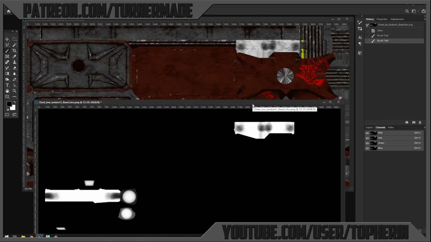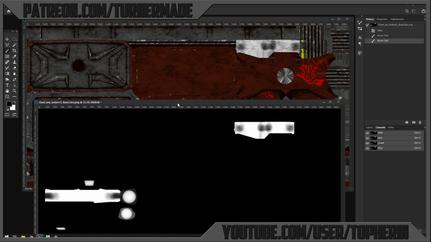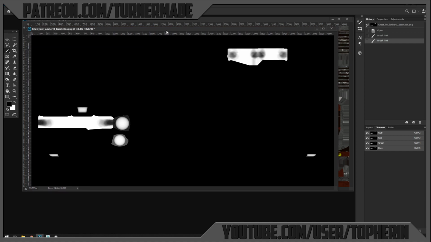Now, when I did this inside of Substance Painter, what I did was I textured this, and when I textured it, I obviously painted these things white. And I exported out my textures, which is what we have here. And then I redid the texture again. I could have done this with an emissive inside of Substance Painter, but what I did instead was I went in and just repainted this to give myself a black